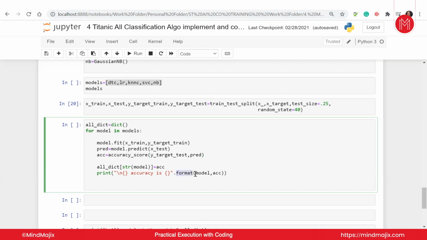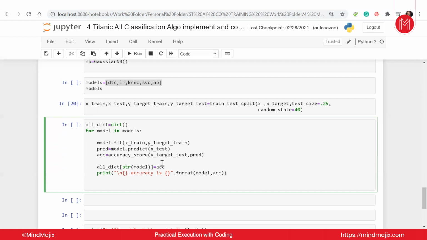For printing, I'm only doing this simple model and accuracy printing. So the model name will be printed plus the accuracy score, and that is all I'm doing here. Remember, next thing is I'm also collecting these values in the dictionary. This is again an optional step. If you don't want to do it like this, you may simply use a string, and use this model as a name. The same thing can be done in this print statement too. I'm printing the accuracy of each model. That is a straightforward and simple thing that I'm doing here.